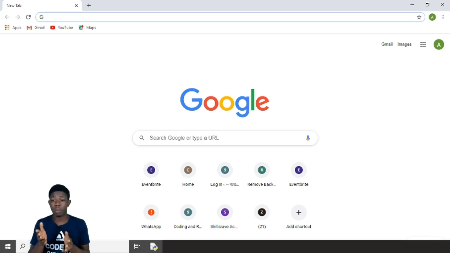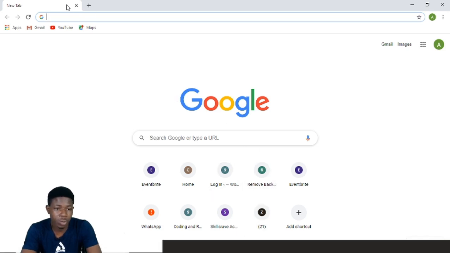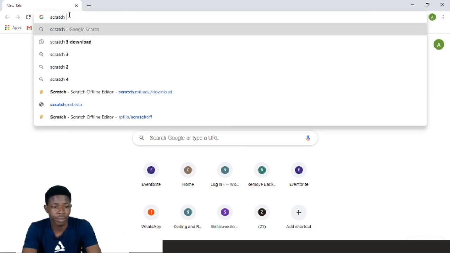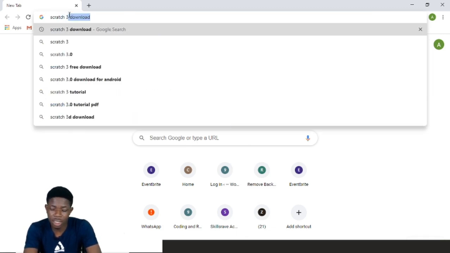Alright, so my browser is open. Make sure your browser is open and let's go. The first thing I want you to do is to just, in the search bar up here or down here, anyone you decide to use, just type Scratch 3 download